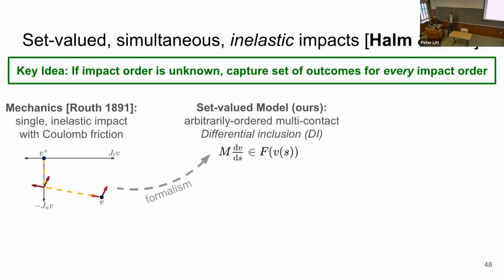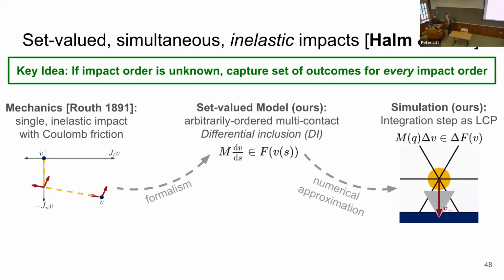And the mathematical formalism we use is called a differential inclusion. This is something like a differential equation, except it says that the derivative of your system state must lie in some set. And for us, elements of this set correspond to different relative rates of impacts resolving during the impact. We then compute a numerical approximation to this evolution during an impact, inspired by and leveraging much of the structure from linear complementarity-based simulations, by which we can use statistical sampling to approximate the full set of outcomes that could happen under any ordering in this model.